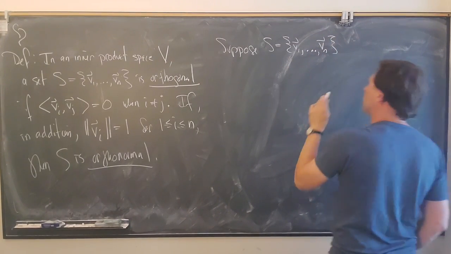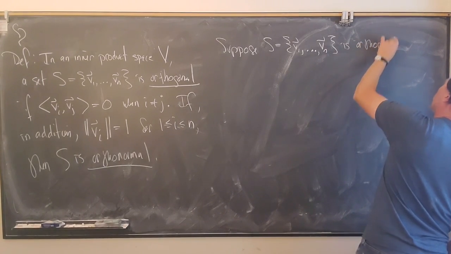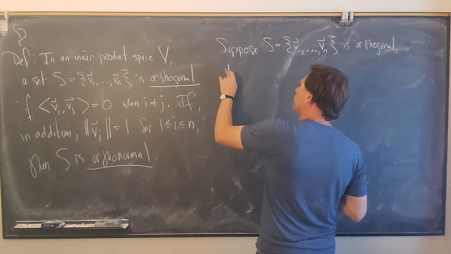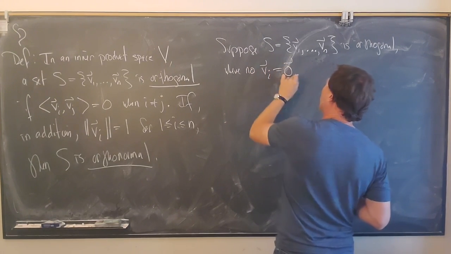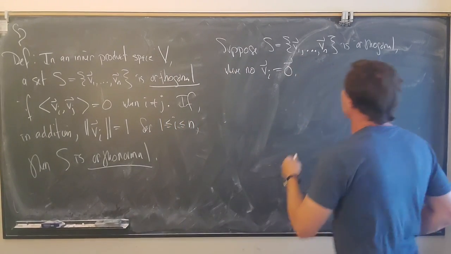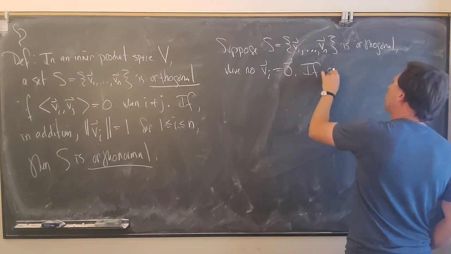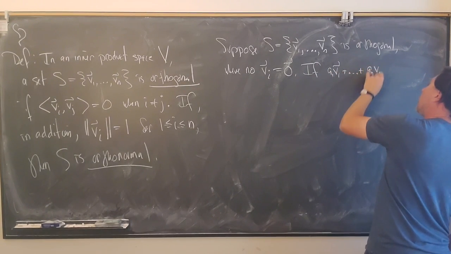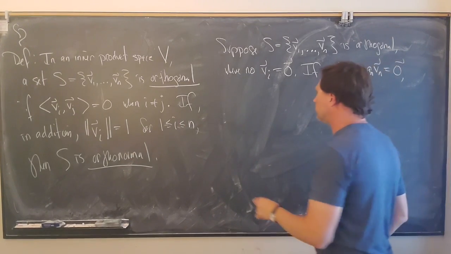I want this to be an orthogonal set, and I want to make sure that none of these vectors are equal to the 0 vector, so no v sub i equals the 0 vector. Now, suppose that we have a linear combination of these vectors equal to 0. So if a1 v1 plus dot dot dot plus a sub n v sub n is equal to 0, then